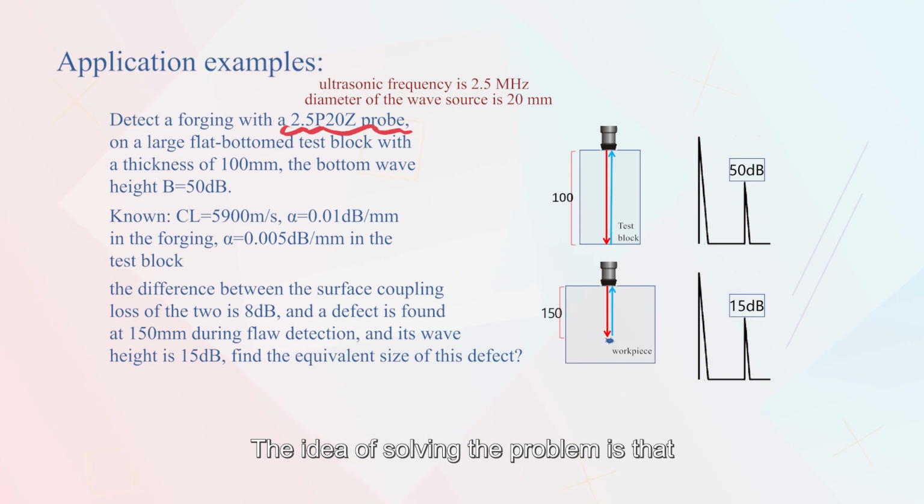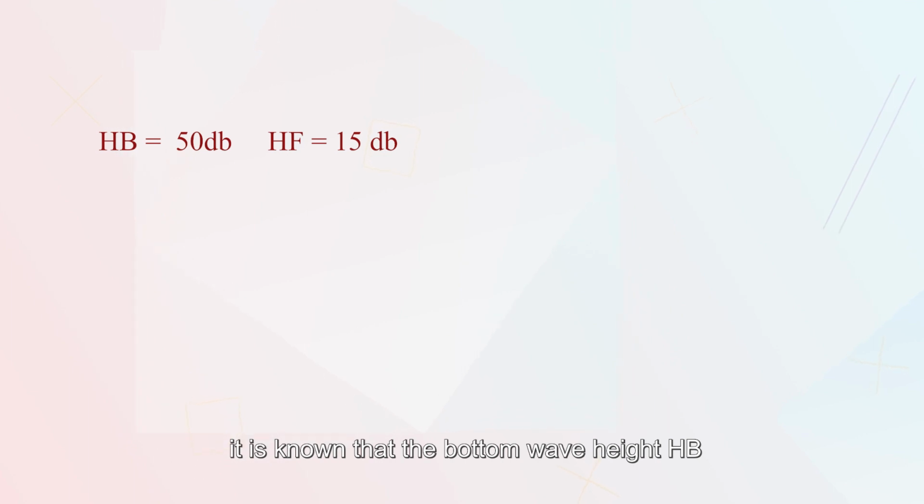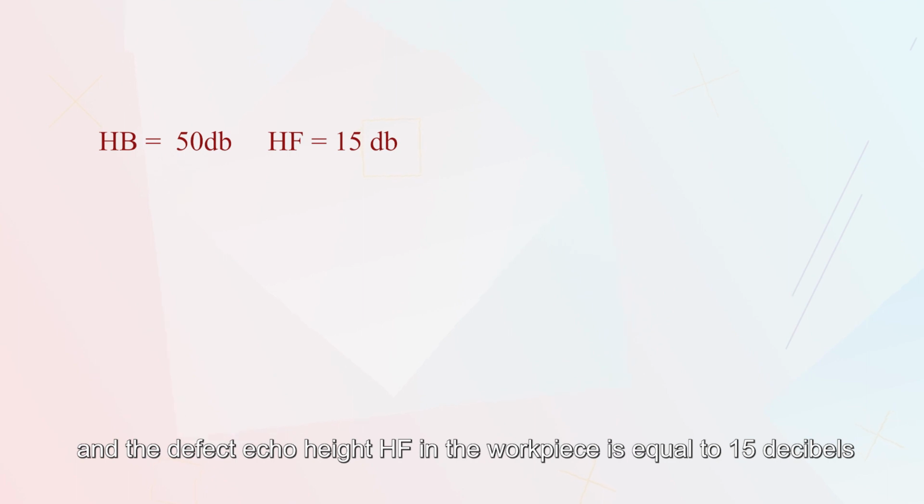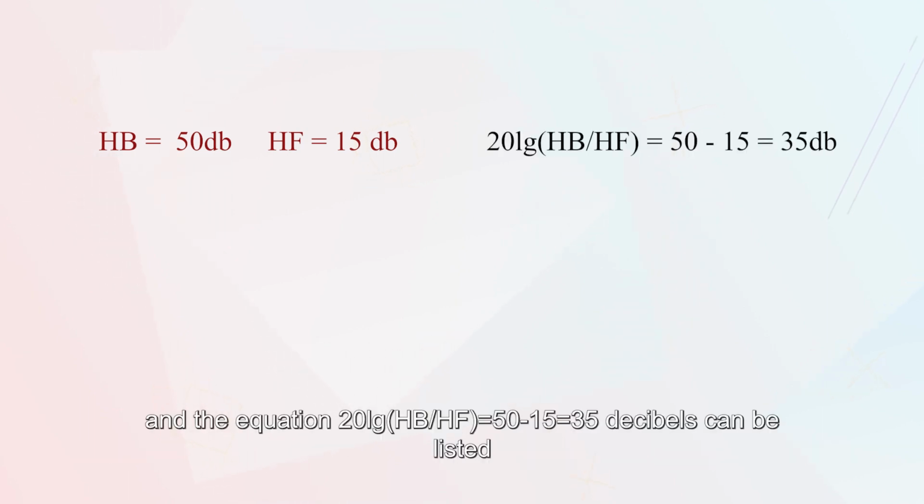The idea of solving the problem is that, according to the question, the bottom wave height HB in the test block is equal to 50 decibels, and the defect echo height HF in the workpiece is equal to 15 decibels, and the equation 20lg(HB/HF) = 50 - 15 = 35